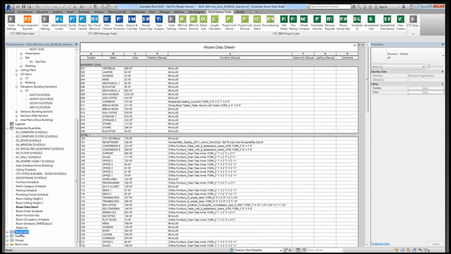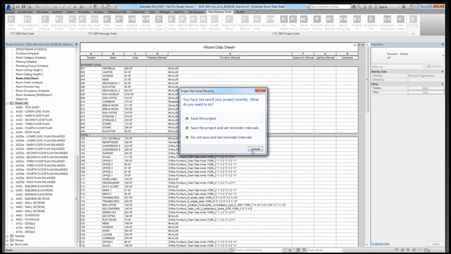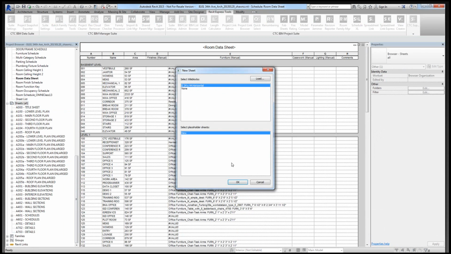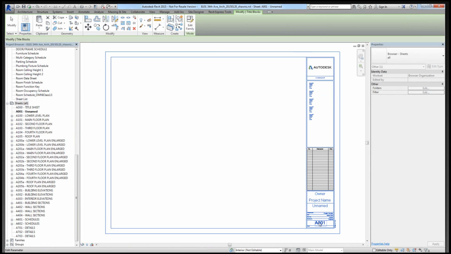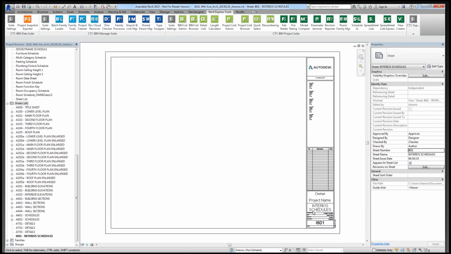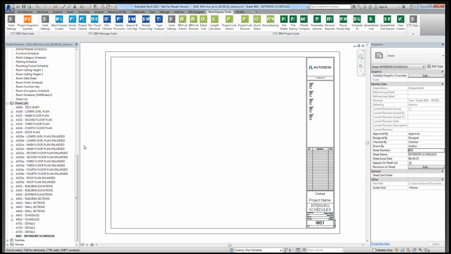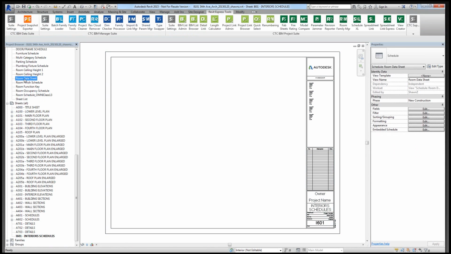If I go down here to my sheets, I'm going to build a new I sheet. We'll do an I601 for some schedules. And we'll use a basic sheet here. This will be I601. And this will be interiors, schedules. All right, interiors. Yeah. All right. So what I'm going to do is grab my room data sheet schedule and drop it onto